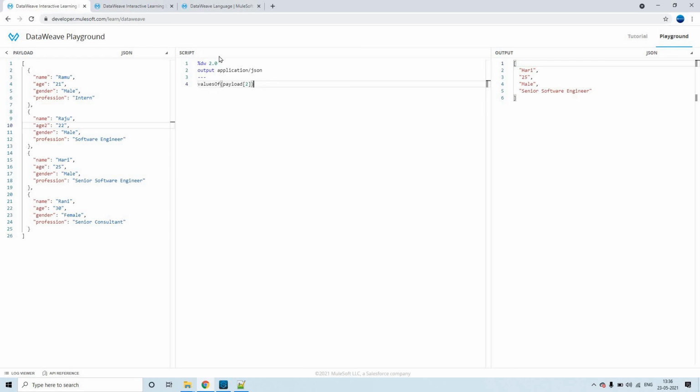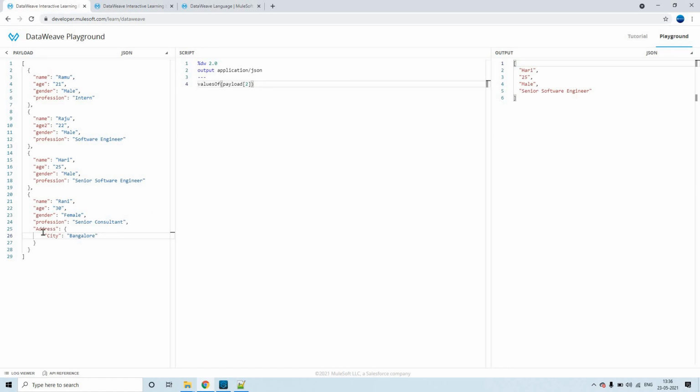When you have used this in the DataWeave script, it has printed the values of this particular object. For example, I'm going to put something like an address here. Now it is like city, I'll keep it as Bangalore.